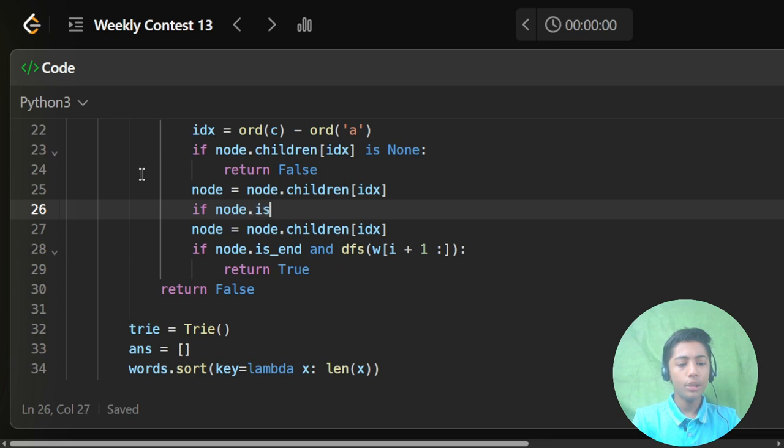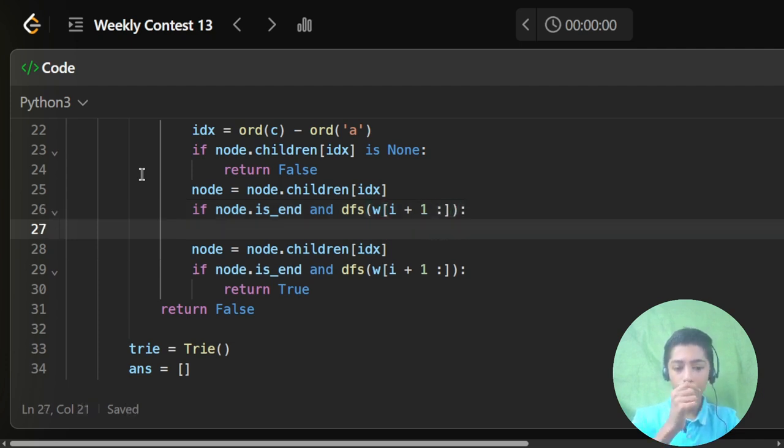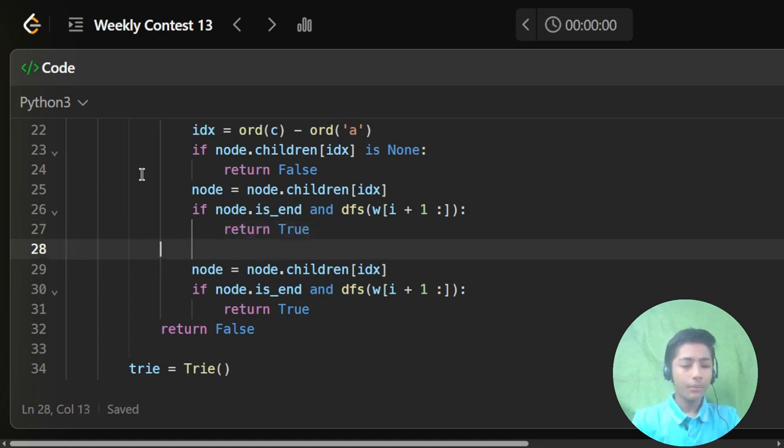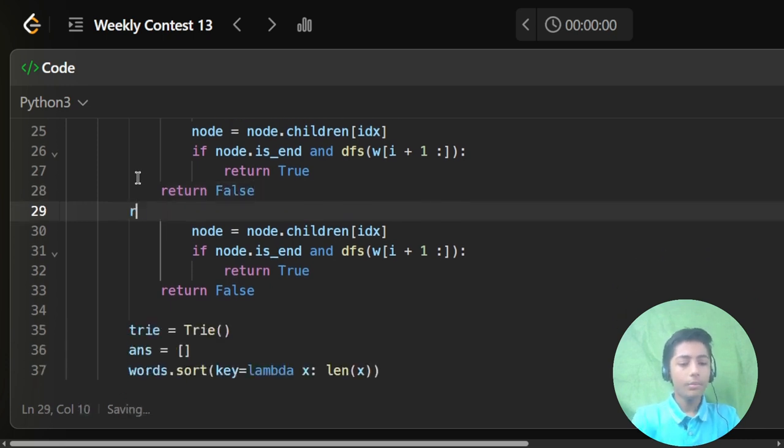If node.is_end and dfs(w[i+1:]), then define here one more time, return here true, and then return here false, enter.